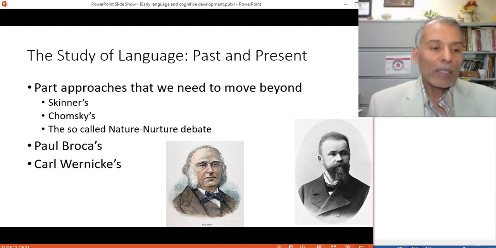Language, as Skinner saw it, as rewards and punishments and this and that, and a whole theory about language, how it is acquired and so on, that is just not holding anymore. I mean, we need to move on.